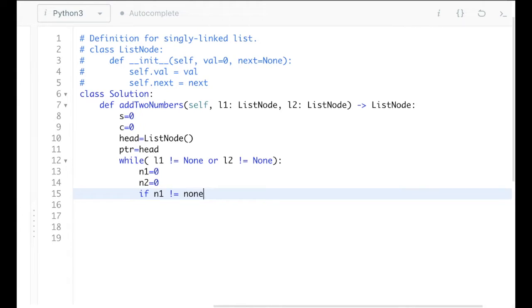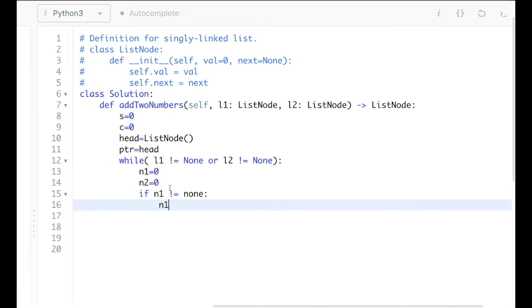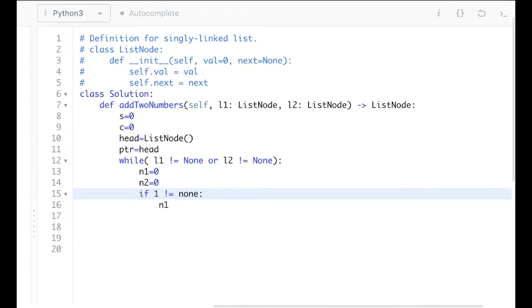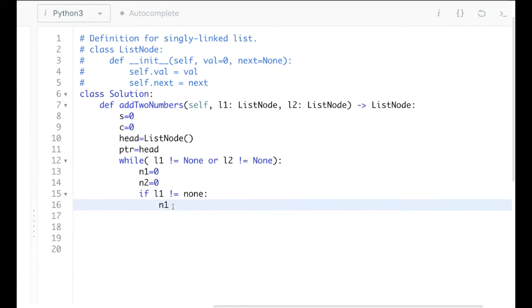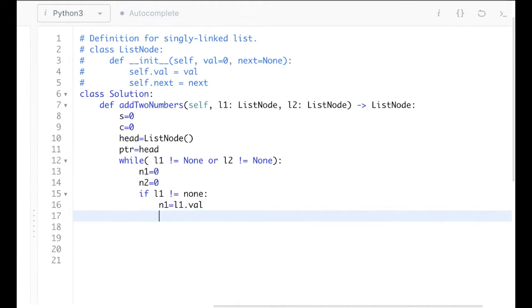If it is not none, then we will simply update n1, not n1 but here L1. If L1 is not none, then my n1 value will be updated with the L1 value. N1 equal to L1 dot val, and my pointer will move to the next.